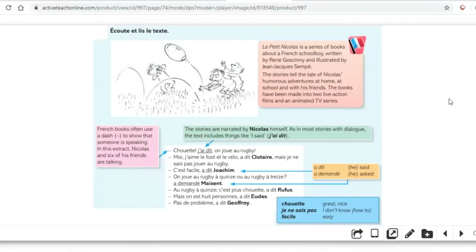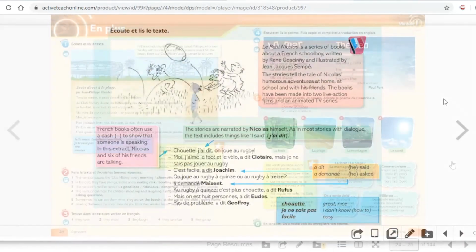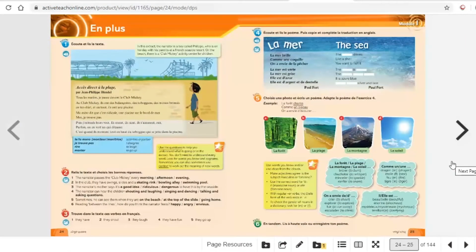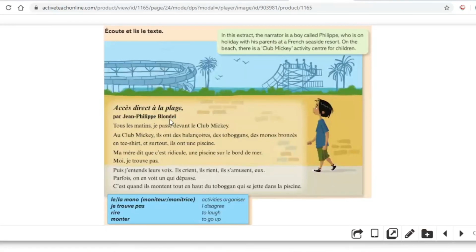In the En Plus section of Module 3 in Dynamo 1, there's a text from the Petit Nicolas, which allows pupils to read and spot the different sports that are mentioned and that kind of thing. And here's an example from Dynamo 2 Rouge again, but there are equivalent spreads in Dynamo 2 Vert, where there's an authentic literary text. This one is by Jean-Philippe Blondel, called Accès direct à la plage, and it talks all